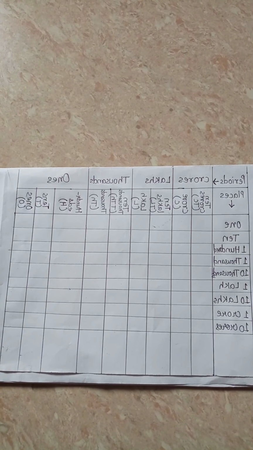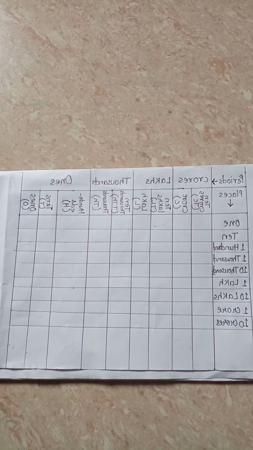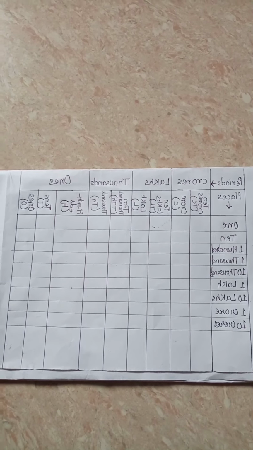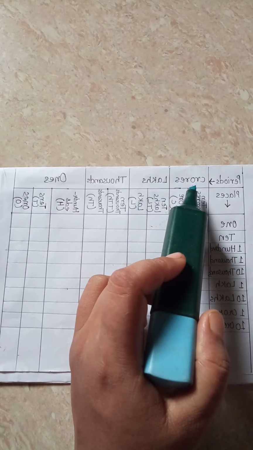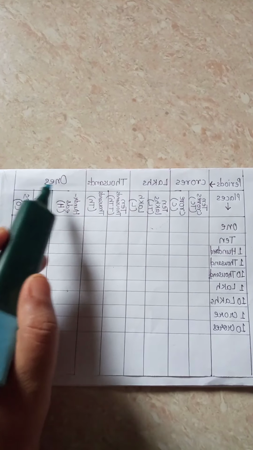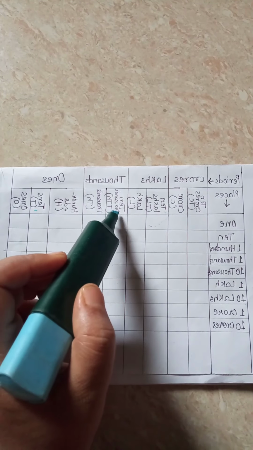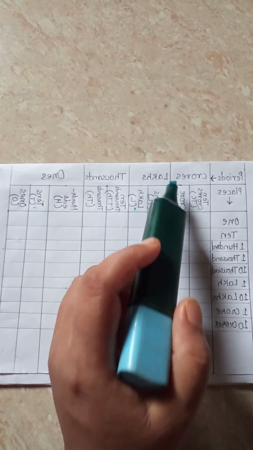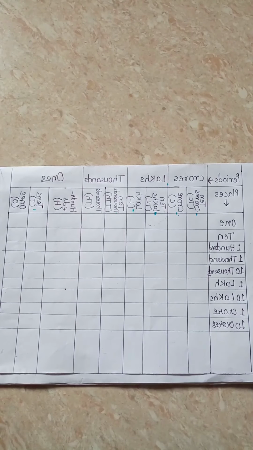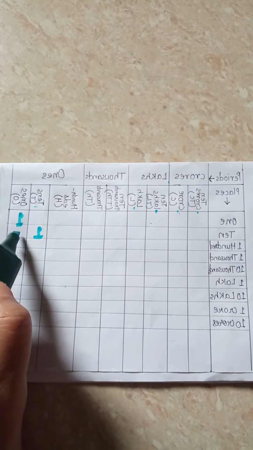Now let's see the place value chart for the Indian system. You can see here, these are known as periods: ones, thousands, lakhs, crores, and these are the places. In the ones period it has ones, tens, 100, and in the thousands period it has 1000 and 10,000, and in the lakhs period they have lakhs and 10 lakhs, and then in the crores period they have crore and 10 crore. So 1 means you have to place a digit over here, 1, and then 10, tens place.